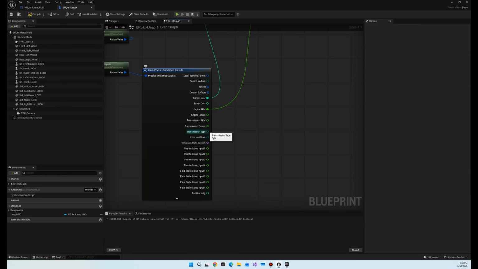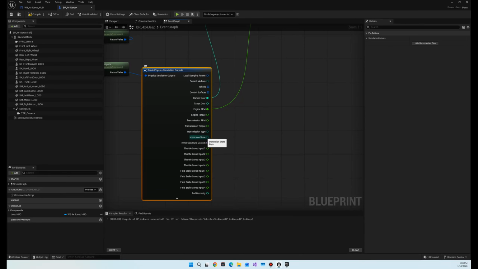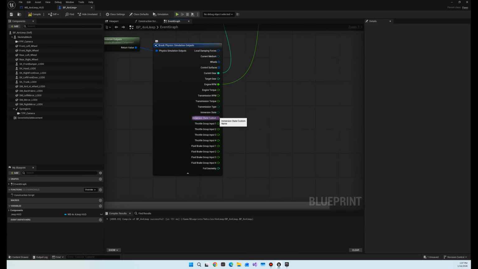If you needed engine torque or transmission RPMs, you could pull that information as well as transmission torque. You've got the transmission type, which is the current transmission type if you want to change transmission. Immersion state is for vehicles that float or sink, as well as any custom state, and whatever the throttle group is set to. This is the information you want to use,